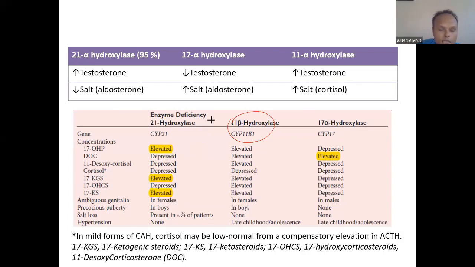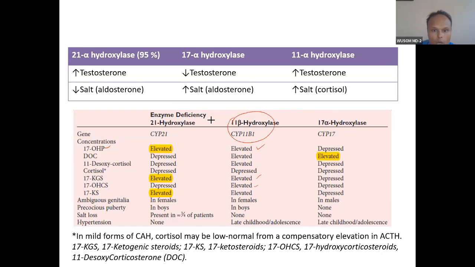So let's say this 11 all are sex steroids. So this is elevated. Now here you can see this is a ketosteroid. This is corticosteroid. CS means corticosteroid. This is also corticosteroid. So you can see this is also seen to be raised, but without 11 hydroxylation, because 11 will not be put here. This will be 17. Okay, 11 will not be here. So it is devoid of 11 hydroxylation.